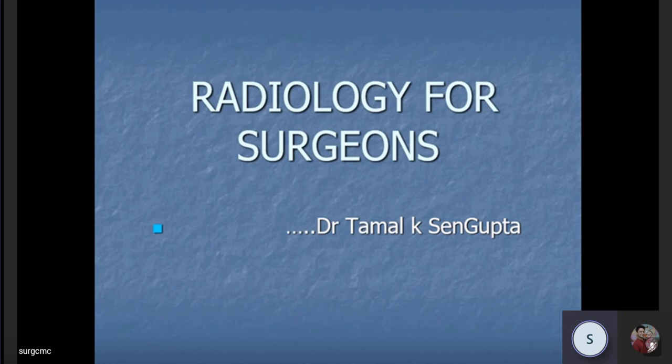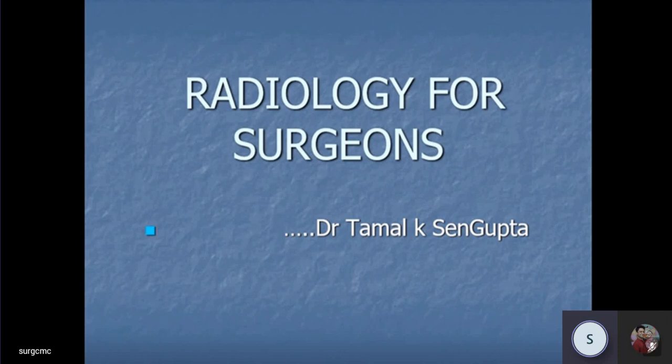So today we are going to discuss from the surgical point of view the different types of X-rays particularly we encounter in surgical practice. Now, this presentation is actually not really made for all the undergrad students. There are a few issues which are more relevant for the postgrad people, but we will skip over a few, we will discuss most things.